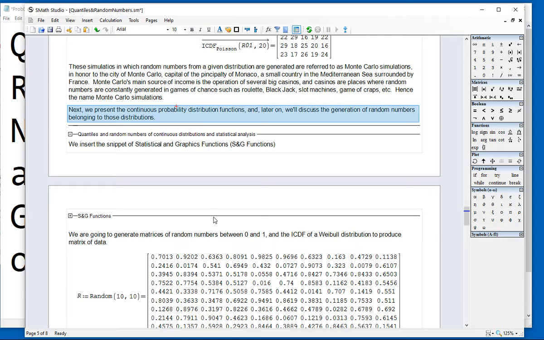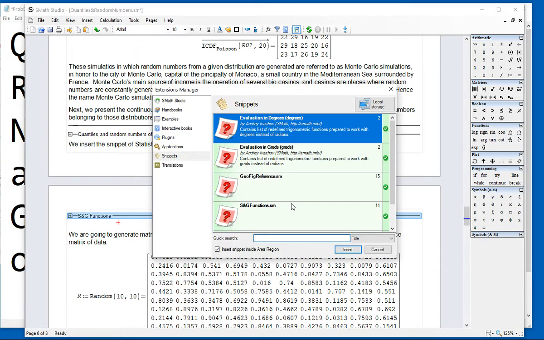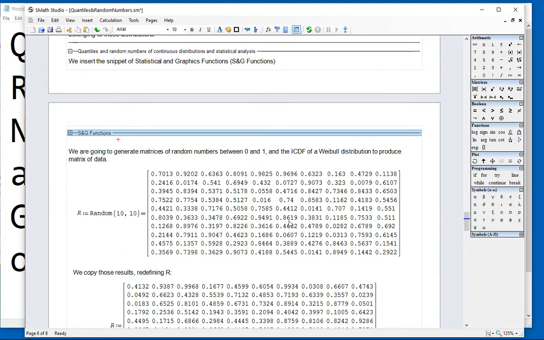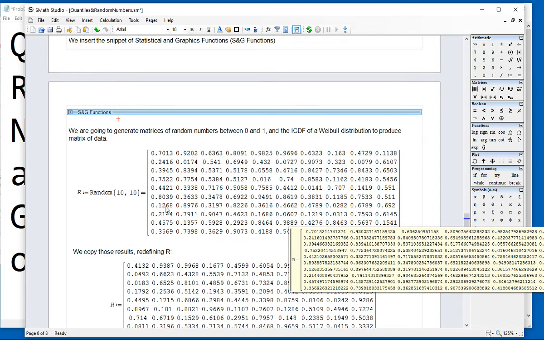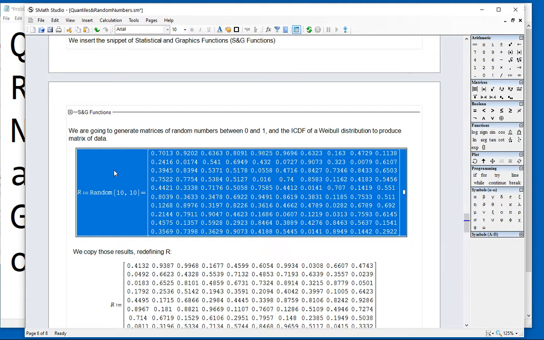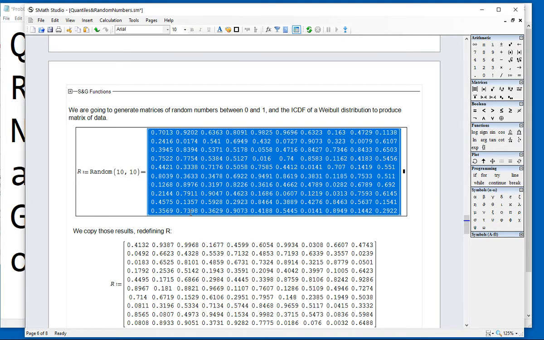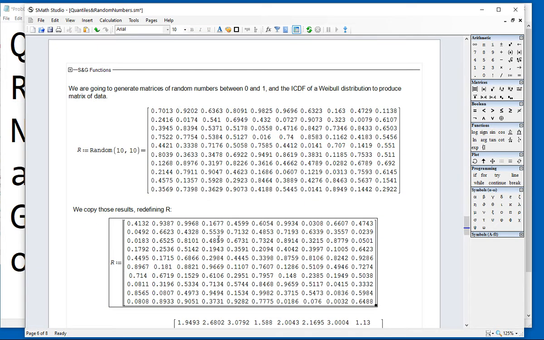We're going to do some histograms here, so I'm going to insert the statistical and graphic functions. Remember that's done using Tools, Snippet Manager, and you should have that statistical and graphic functions. And I'm going to generate a random set of 10 rows by 10 columns between 0 and 1. And then I did a previous one, and I copied that and stored it into a variable R, so it